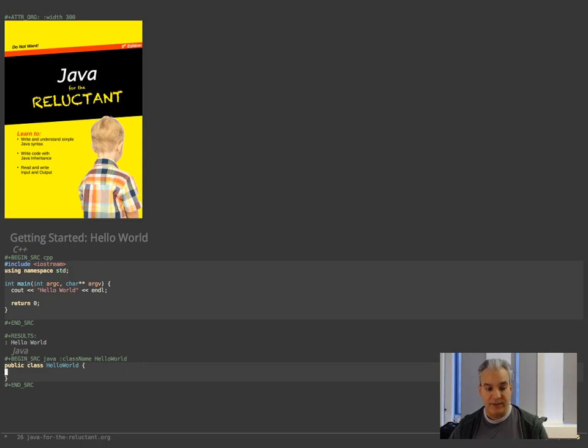It has to be inside a class, which is what I'm doing here. And then I have my main function, just as in C++. And inside that main function, save, compile,